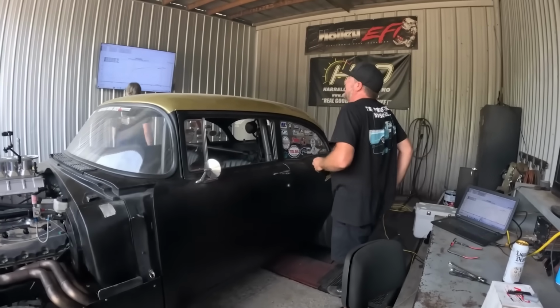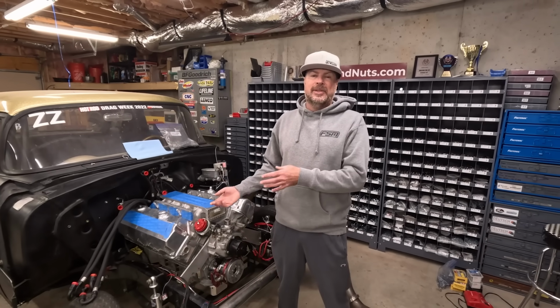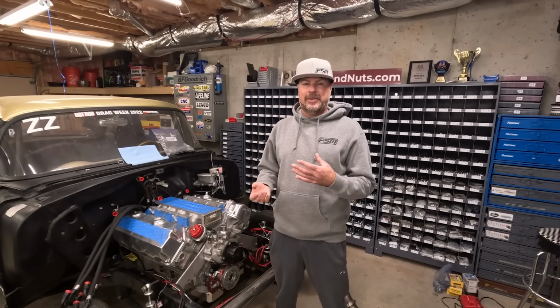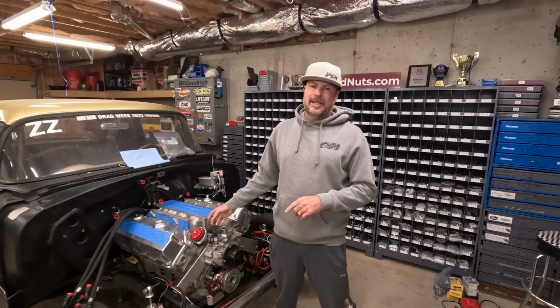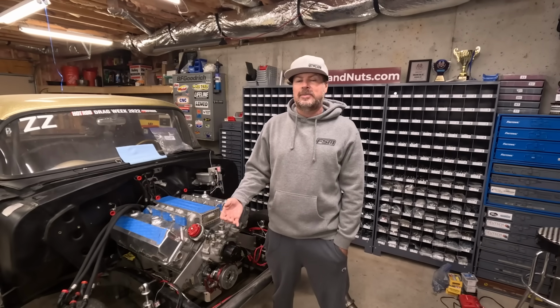Oh, that ain't good. And it was at that point Pete and I started talking, and we realized that in the mad thrash to rebuild this engine for Drag Week 2022, we had some parts compatibility issues, and that resulted in less compression than we wanted, and also not installing the camshaft where we wanted it in terms of the cam timing. So after struggling on the dyno to put 1,000 to the tires, which is not horrible, but not amazing,